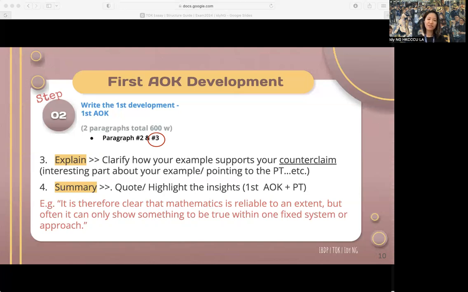All right. Fourth is the summary. Here is to sum up the first AOK development session. So the treatment will be linking to the prescribed title, highlighting the insights you've had about this AOK and the prescribed title. We highlight insights here because the marker always likes to see candidates' insight showing in the essay. What you think about it, that you not only grab information from references, you have your own